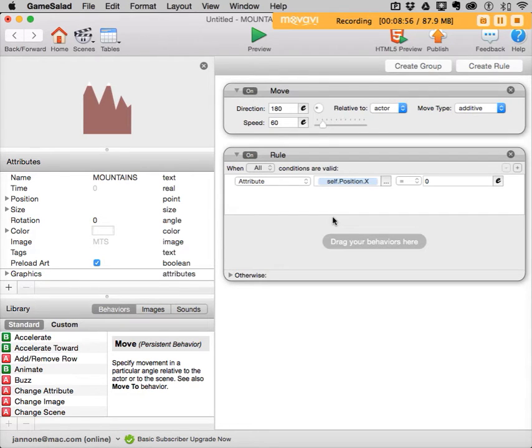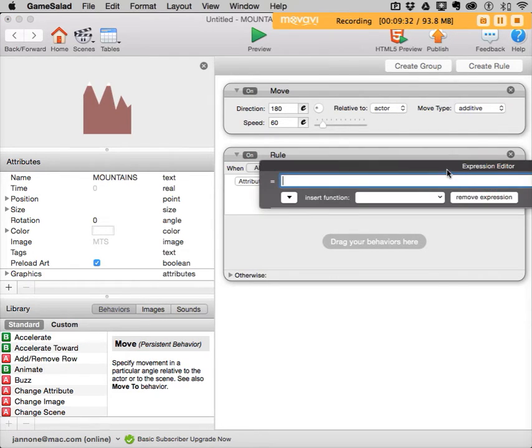So where is that? Well, the left edge of the screen, as we know, is 0. And the width of the screen is the width of the display. So the mountains, since they're the full width of the screen, will be completely off the screen when their X position is minus the screen width divided by 2. So if the screen is 800 pixels wide, they'll be all the way off the screen when their X position is negative 400. So we'll say the attribute self position X is less than